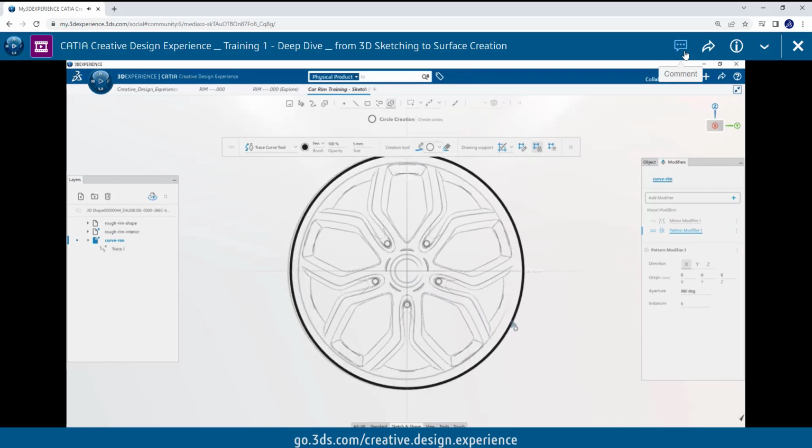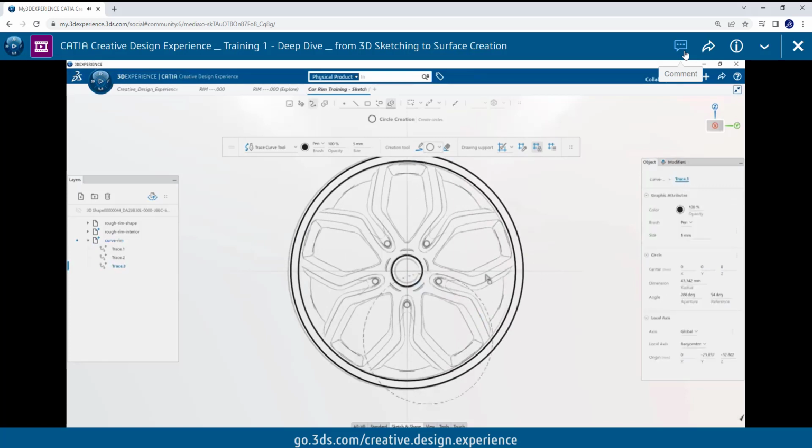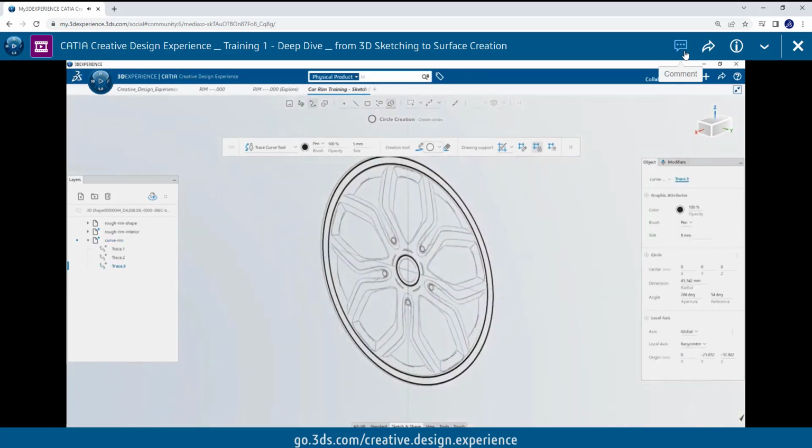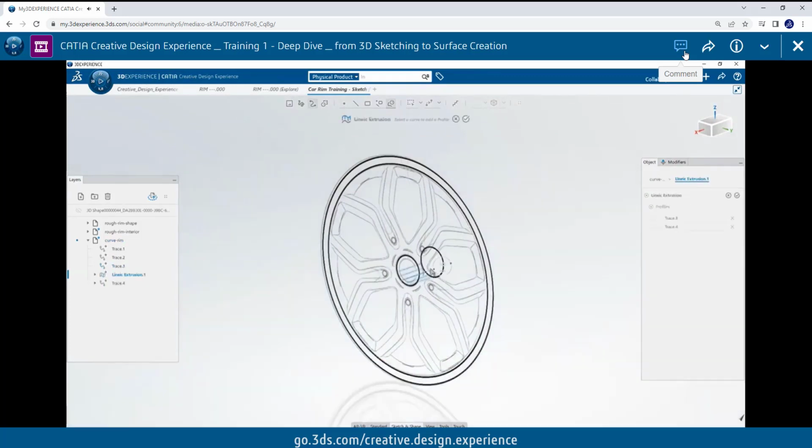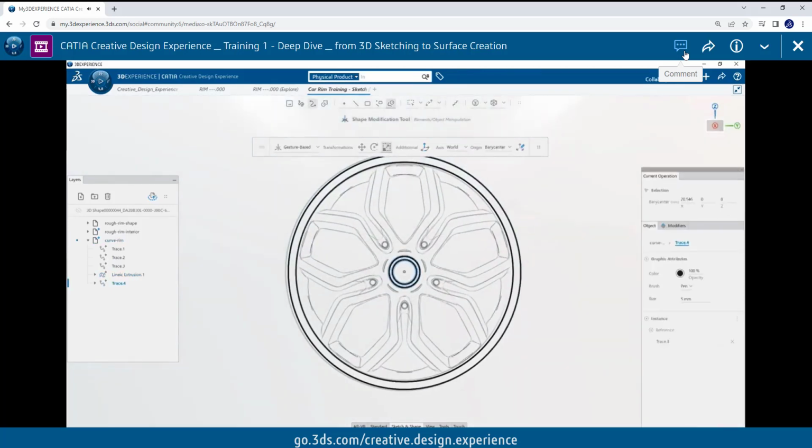I continue by drawing other primitive, and in the sketch creation drop-down menu, I launch the Linear Extrusion command, select the middle circle to extrude it, and create a linear extrusion. I manipulate the extrusion lanes with the 3D manipulator. With the transformation command, I use the scaling mode to reduce the size of the extruded circle.